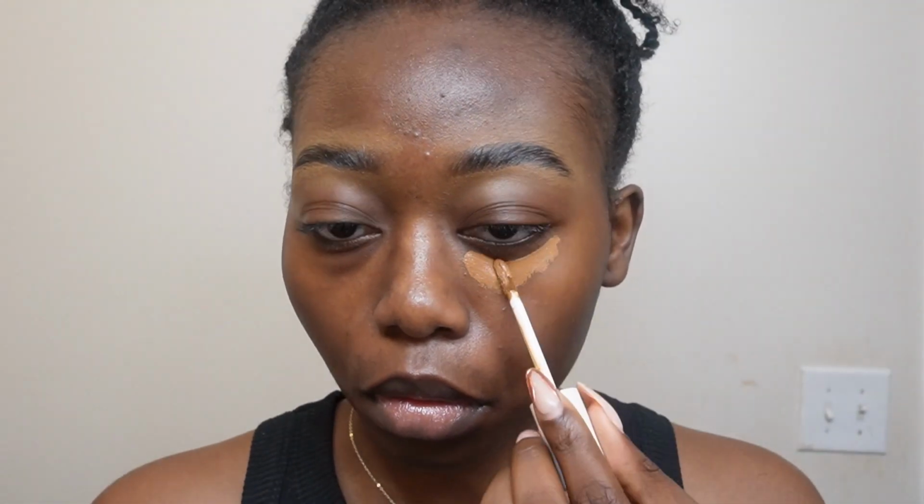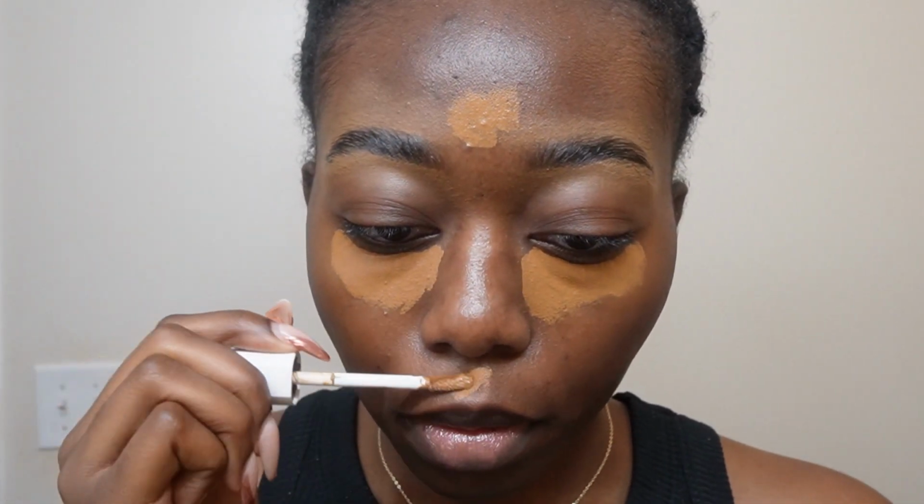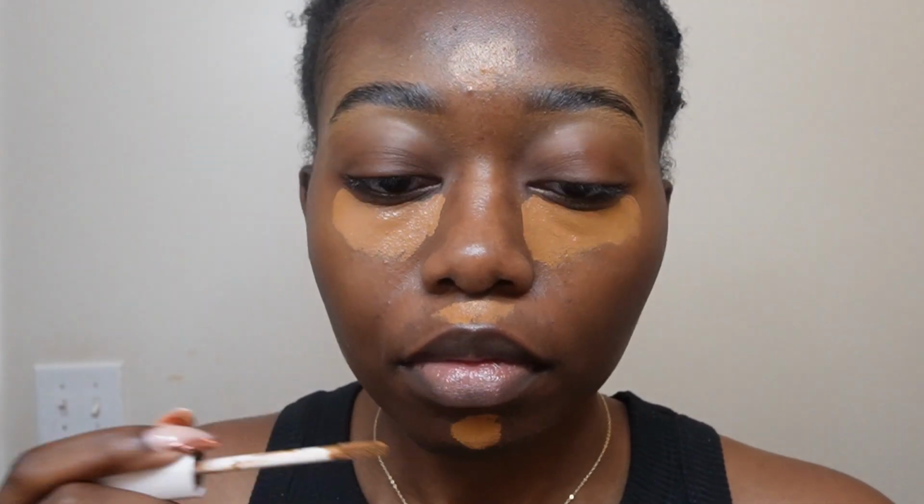Now I'm going in with the Milk Hydro Grip primer. The one by e.l.f. also works just as great. I'm just working that in with a brush. I'm taking the same concealer now and I'm putting it underneath my eyes. There's no real way I'm putting it on. I'm just putting it on there, and then I'm going with the NYX